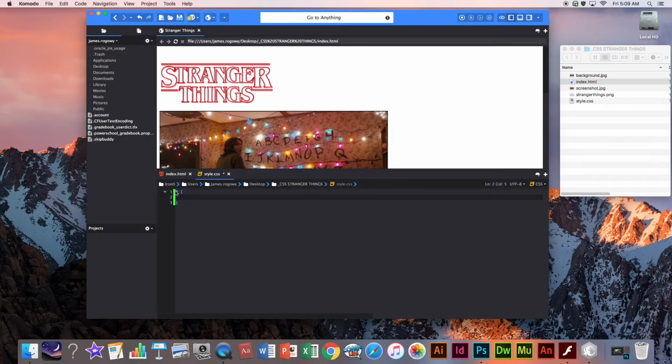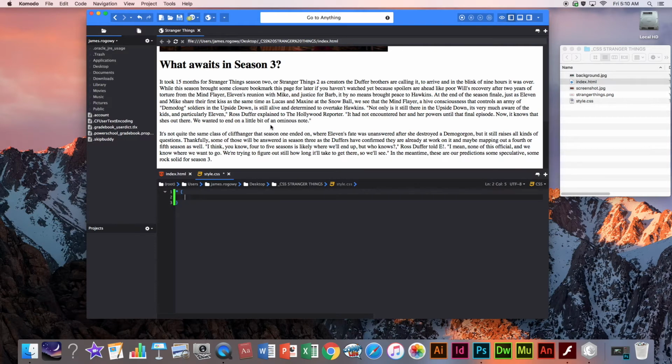Okay. Star means that whatever we put in between these two brackets is going to affect everything on this HTML page. Star is for everything. And I'll show you what that means in a second. So for example, you'll notice that HTML is using a really boring, sort of basic font. Let's say we wanted it to use something like Helvetica or Arial instead of the default Times New Roman. Well, then what we could do is we could say, for the entire page, because we're inside star here, font-family,